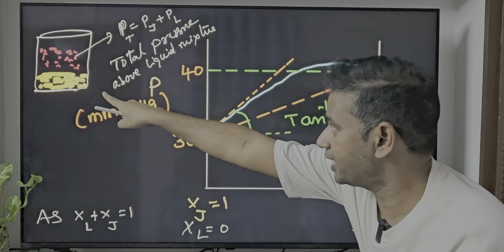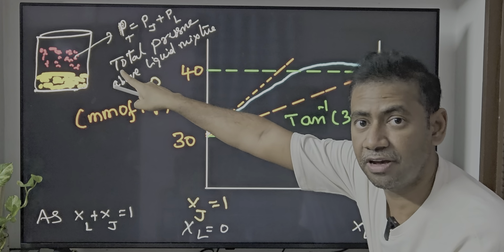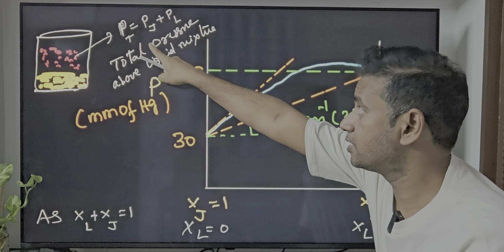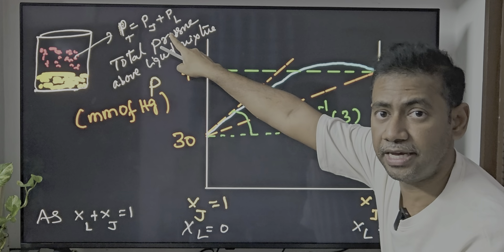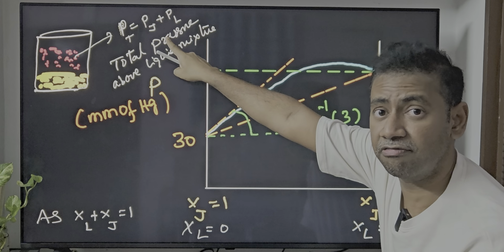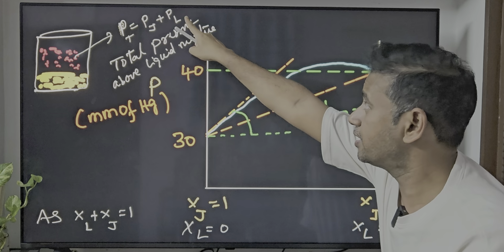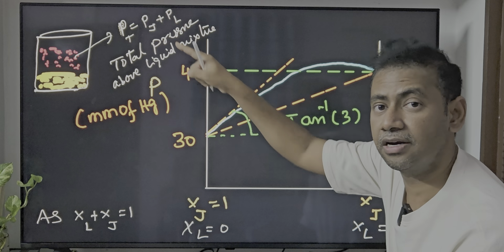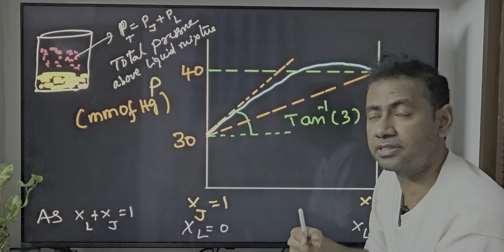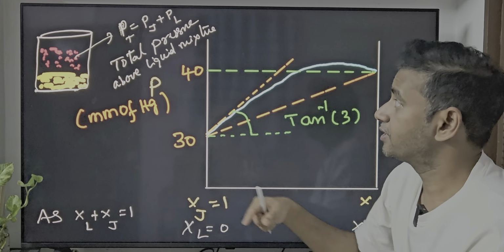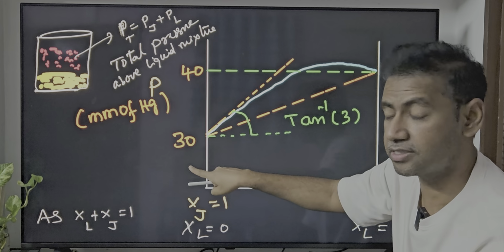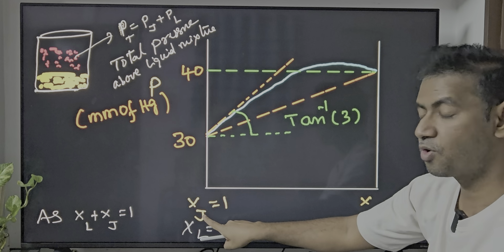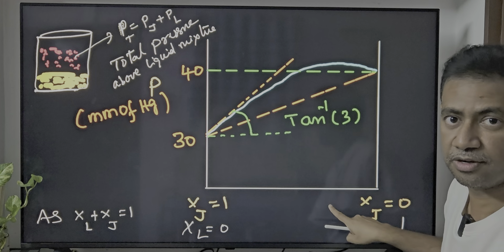Just look at a liquid mixture. There is a vapor above the liquid mixture. The total pressure is equal to Pj, the partial pressure of vapor from liquid J, and Pl, the partial vapor pressure of vapor of liquid L. Total pressure of the liquid mixture is on the y-axis,